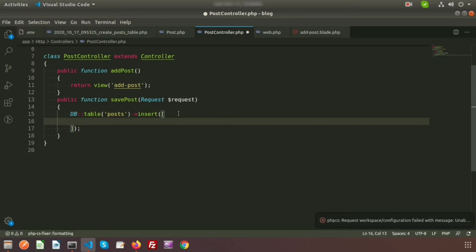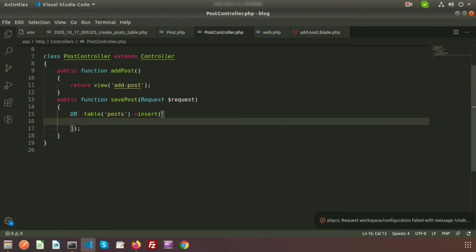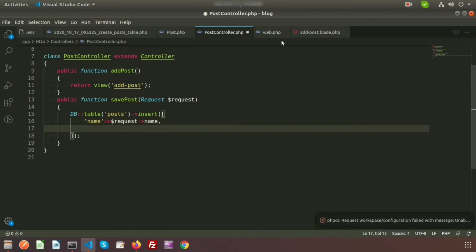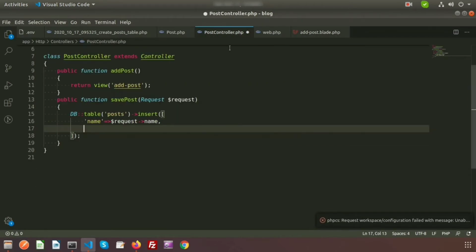So now I need to take the array, so we will insert the name and description here. So just write down name, and name equal to request dot name, and another, that is description, so description equal to